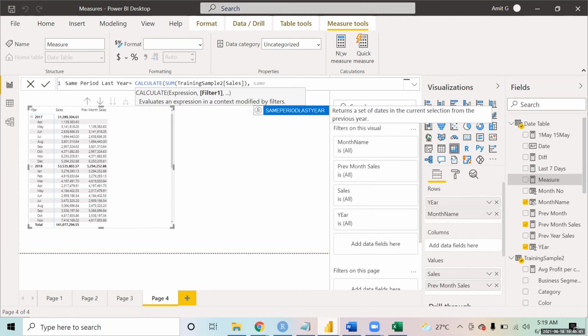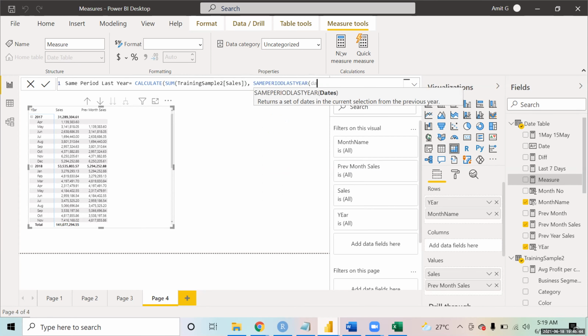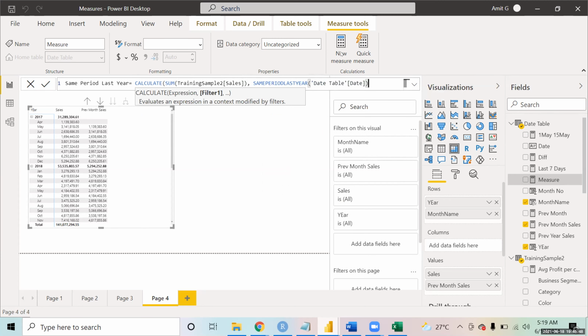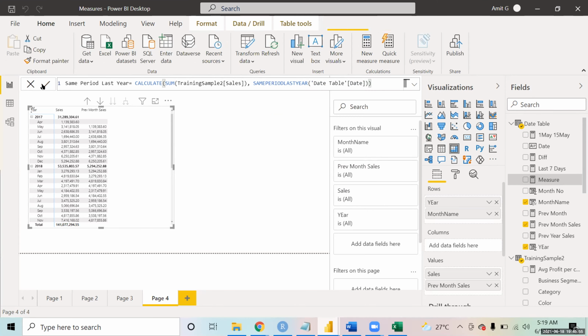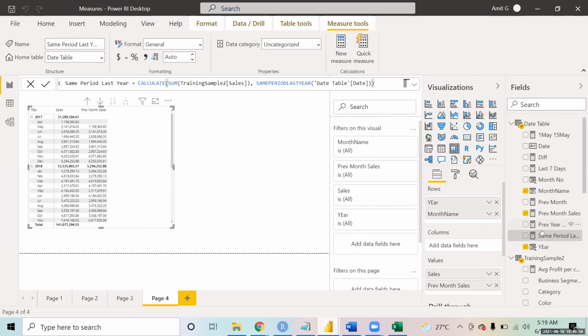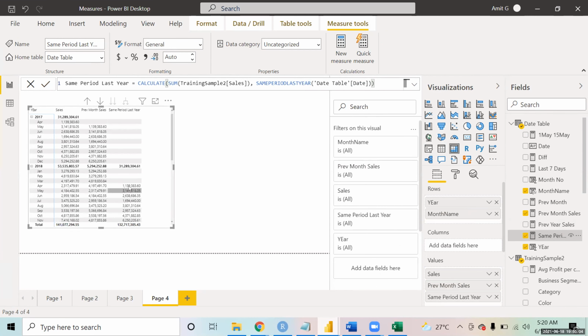So I will use same period last year, and that is date table. Right? So you will get in the 2018 April, it has been compared with the 2017 April. So this is how you can compare it with the last year also.